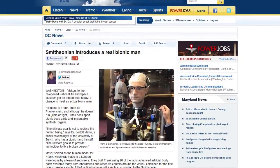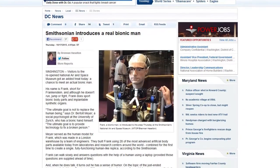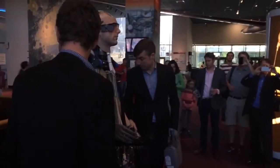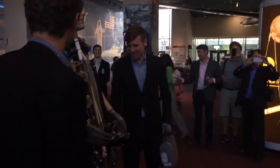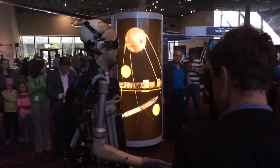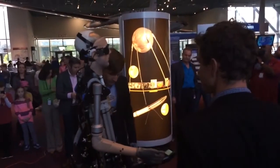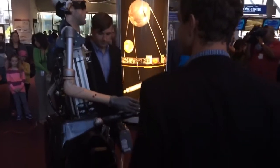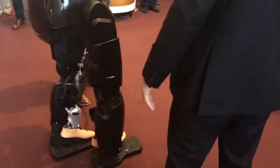Well, they've debuted the Bionic Man on Thursday in Washington at the Smithsonian. And the director who had introduced it kind of messed around a little bit and was showing how it moved and took a few steps, but he made the robot stumble a little bit. And I think he kind of got people like, oh, what is this, but he actually had it running in place, which was really cool. But the robot itself, they've brought it out for the medical advancements that it has because it has a lot of